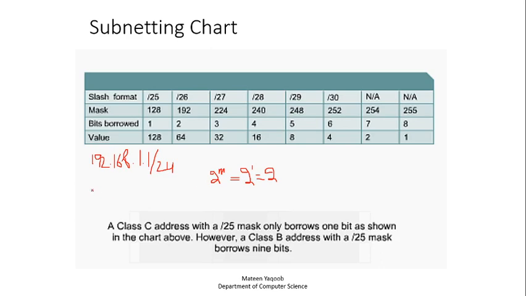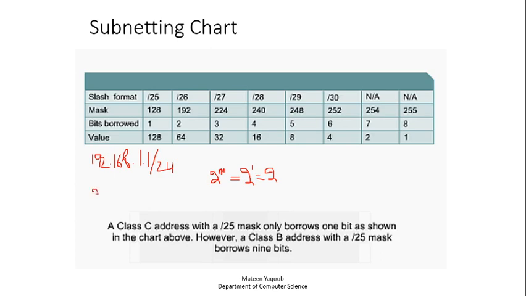The IP address will remain the same. We do not need to change the IP address if we are doing subnetting. But if we are not doing subnetting, then we have to shift from class C to class B or class A to accommodate many hosts or many networks. So I will borrow 1 bit from the host in order to remain on the same IP address, and my network will have 2 subnets. How? Let's see.